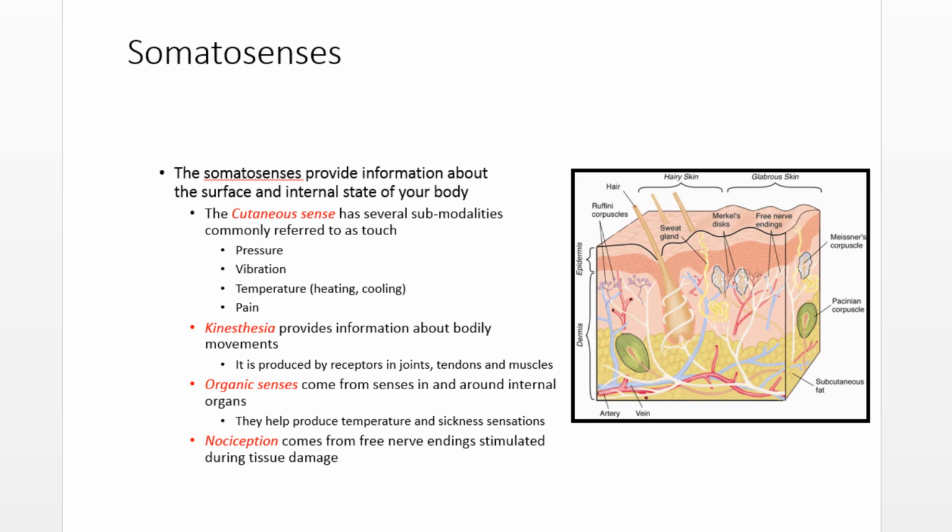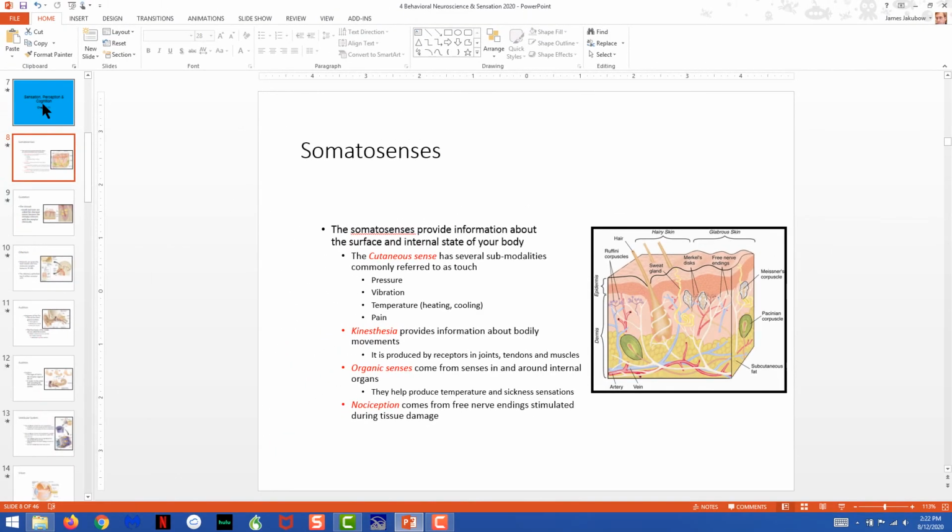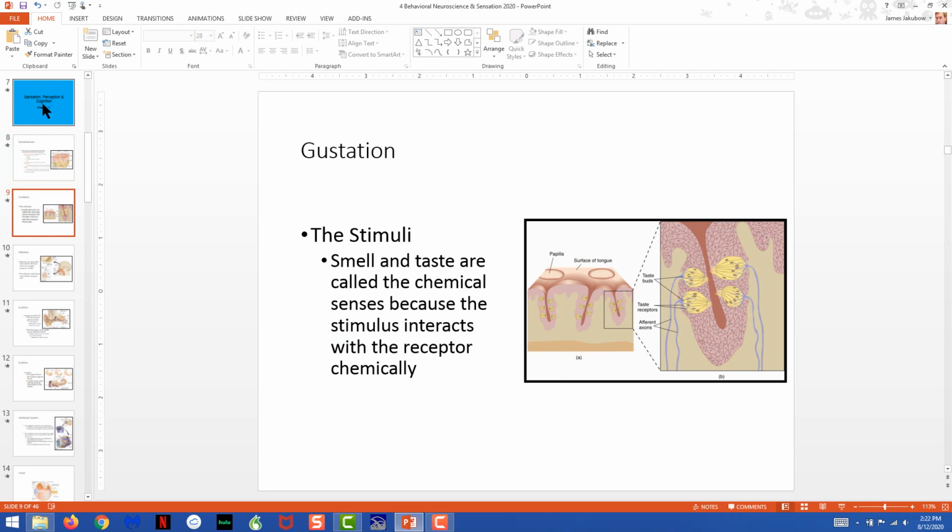And nociception is related to free nerve endings and how they get stimulated during tissue damage. Nociception is, as you're probably aware, related to pain in general. These free nerve endings become activated at times during which tissue becomes damaged. As they become activated, they specifically go to their own area of the brain that elicits a recognition of pain, and that's essentially why you can recognize some things as actually being painful, because of the nociception receptors.